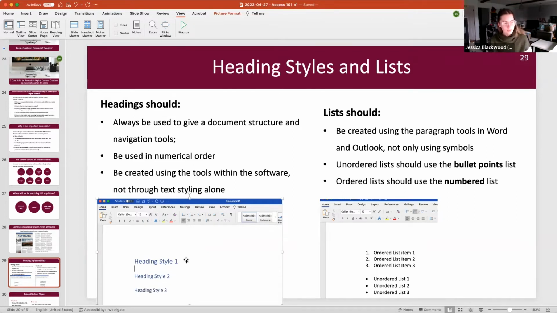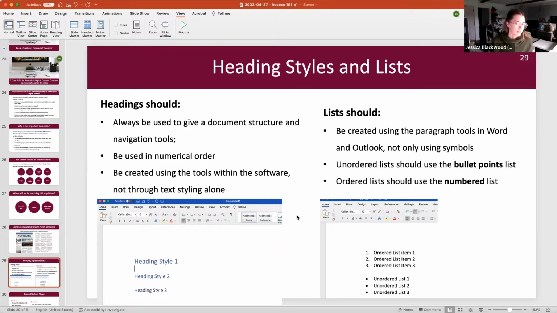And I will caution you, Word has 2 styles that kind of masquerade as headings called title and subtitle. Do not use those 2. Unfortunately, they don't have any semantic information associated with them. They're just there kind of as a visual styling. I really wish they would remove them because it's very confusing for a lot of people. And I also often associate title with heading 1, subtitle heading 2. So I want to caution you to not use those if you actually want it to be part of your navigation. Another thing that's nice is when you have headings, it allows you to create your table of contents automatically,